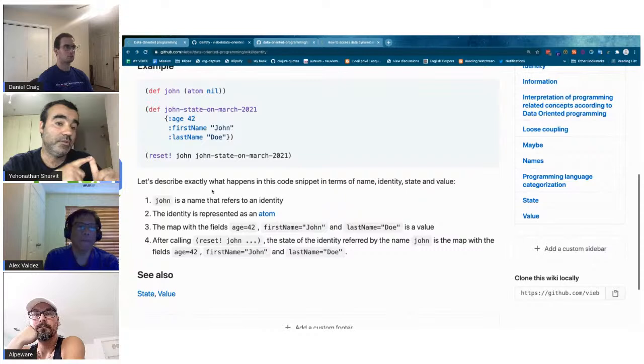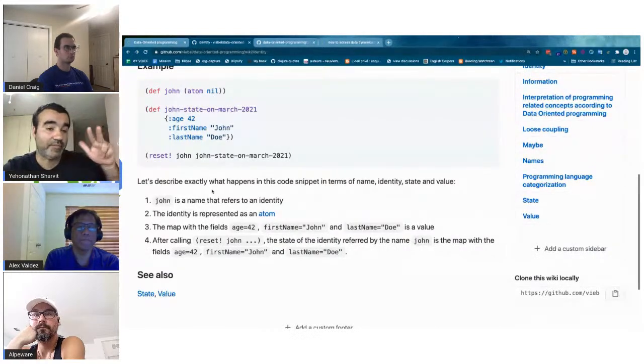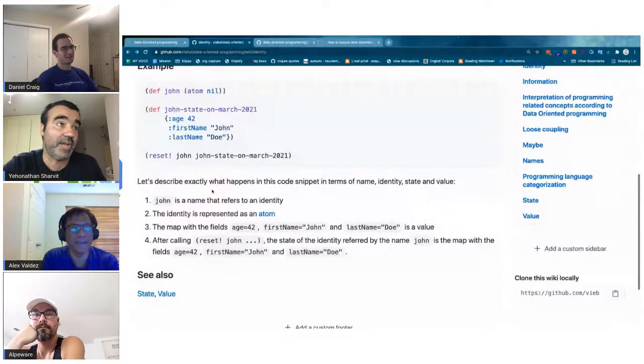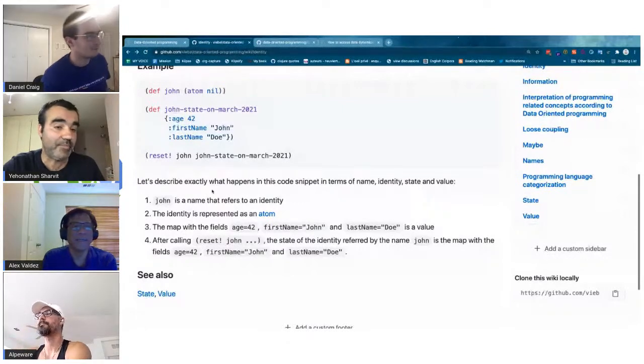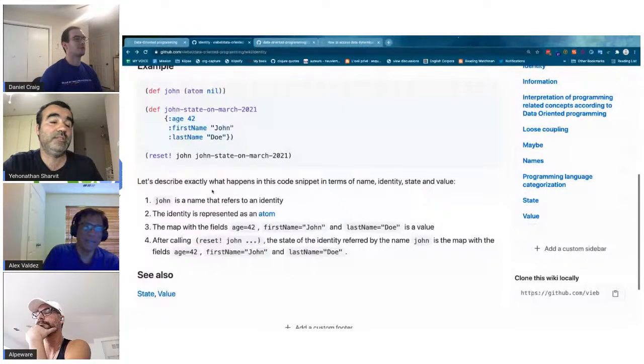In JavaScript, if I used a var and wrote John equals John state on March 2021, it would not convey the fact that we have the three levels. I could use pointers maybe in C++, but if you have a better idea, yes.